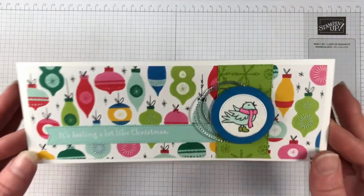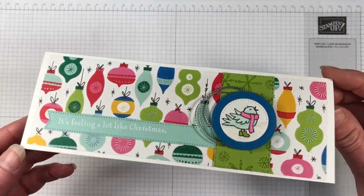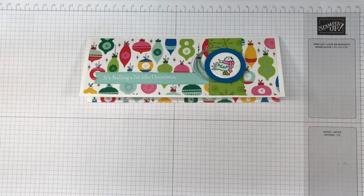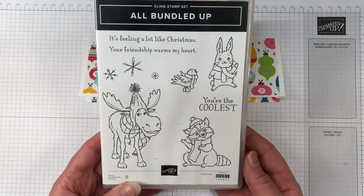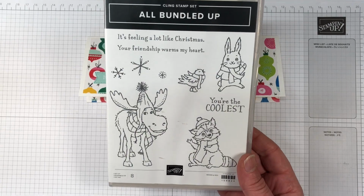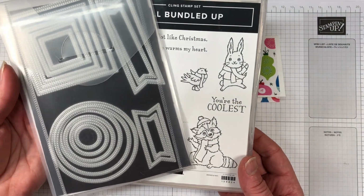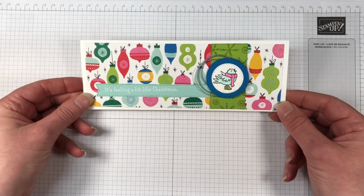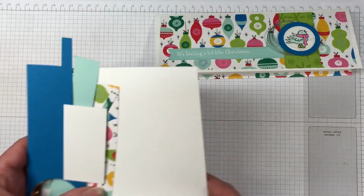It is time for the Global Monthly Video Hop, where Stampin' Up demonstrators get together every single month with a new theme. This month's theme for October is a slimline card. It's also a sketch, so it's awesome. I'm using the All Bundled Up stamp set as well as the Stylish Shapes dies. This is my favourite. I'm also using the rectangle stitch dies, but if you don't have that, you can just